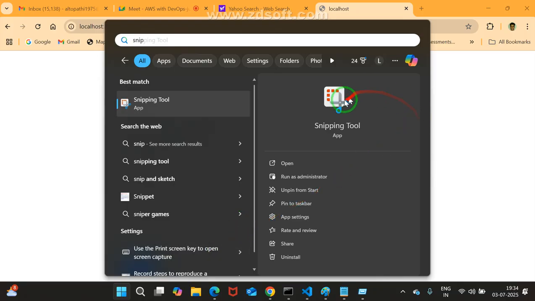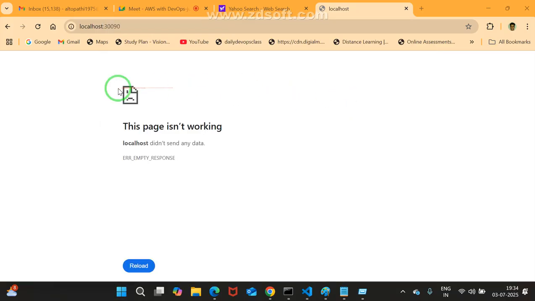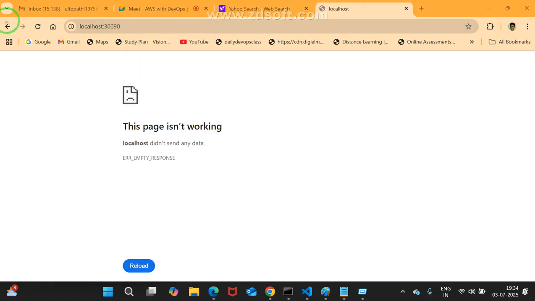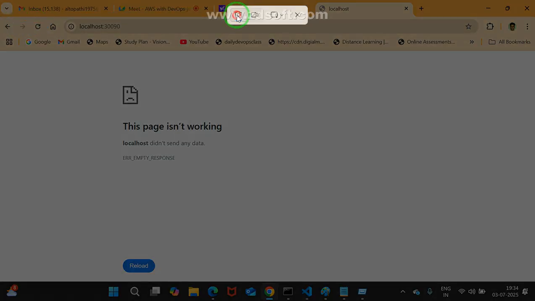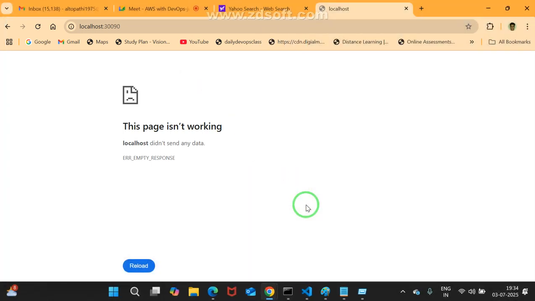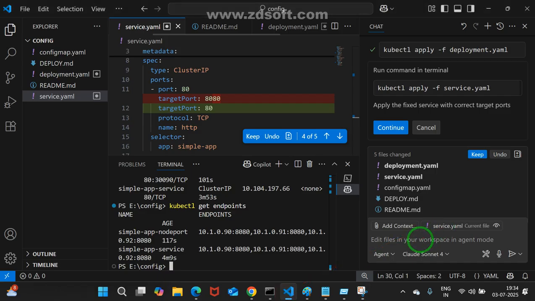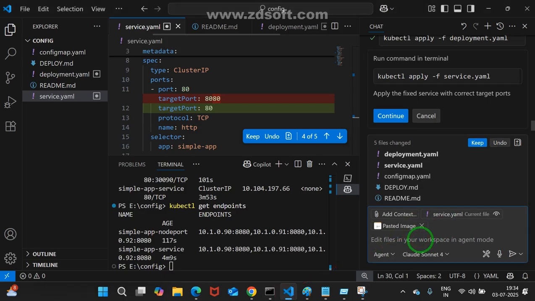This one also I'm giving to Copilot. Hey Copilot, you told like this, but it is not working. This is also one type of remedy. Now giving to Copilot, Control V.